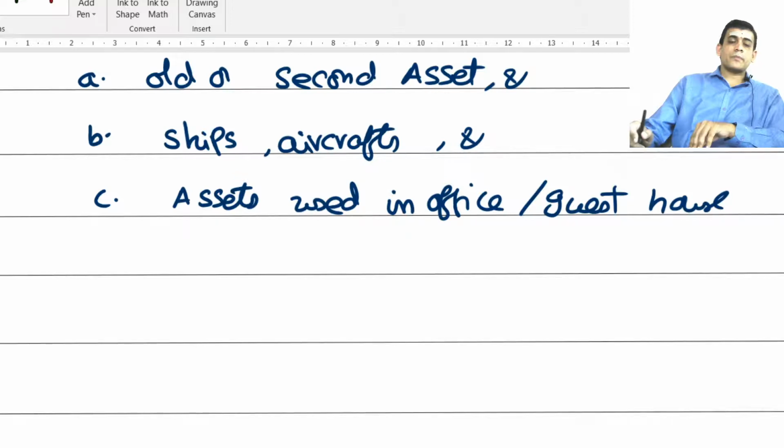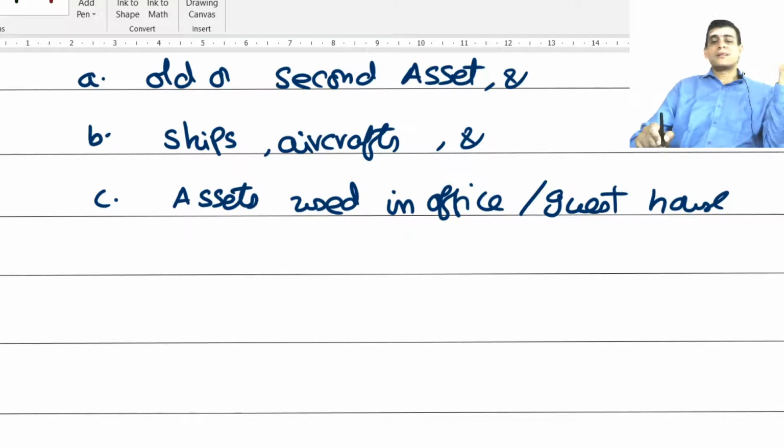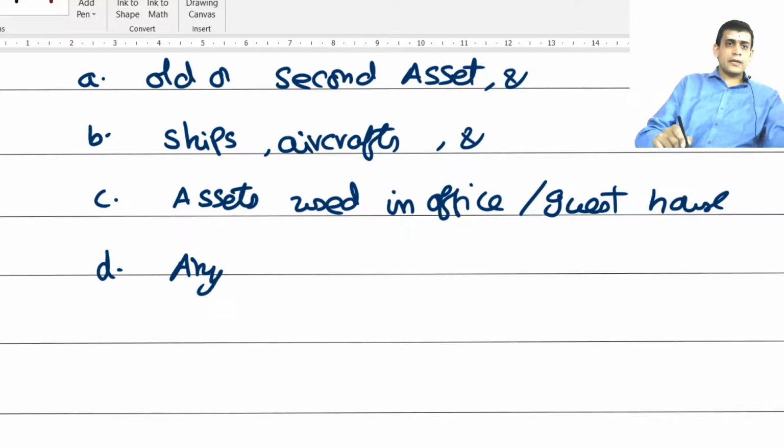It should not be the asset used in guest house. So all these assets are said to be called as ineligible. Other than this, whatever asset you acquire, that will be said to be called as the eligible asset. Now the next point also says that any asset, it could be any asset,